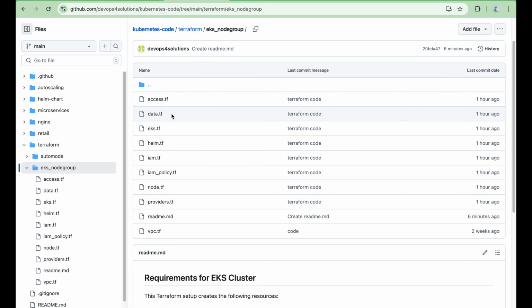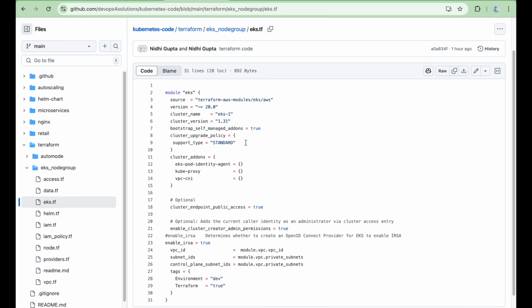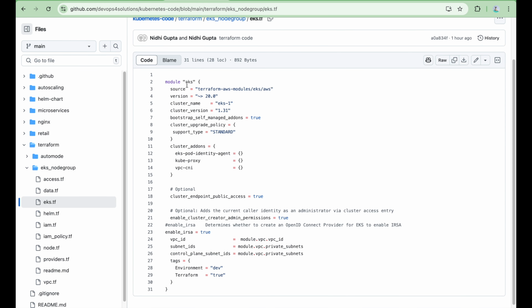The next part is creating an EKS cluster. Here you can see I am using this module, providing the cluster version, and now the add-ons come into the picture. Because with EKS managed node group, you have to install all the add-ons also.